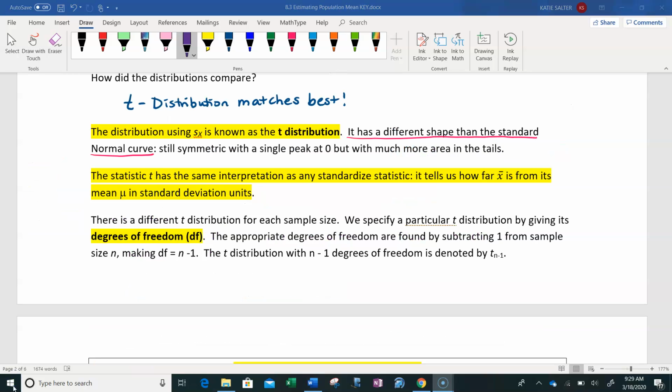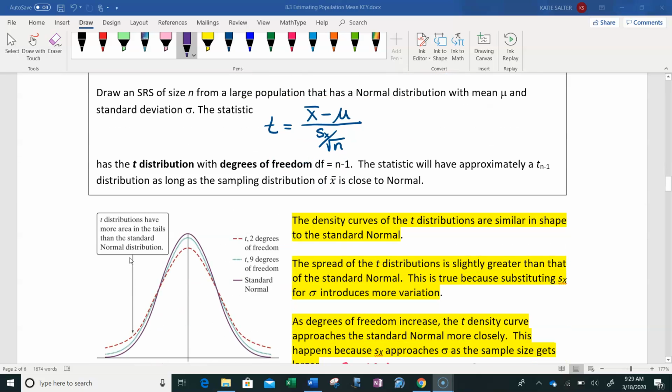Okay, so the T distribution looks very much like the normal distribution. It's still symmetric with the peak at 0, but it has much more area in the tails. It's kind of like if you pushed on the top of the normal distribution and pushed it down a little bit. That's what the T distribution would look like. The T distribution depends on the degrees of freedom. To calculate your T value, it's the same as any standardized score. You just do your x bar minus mu